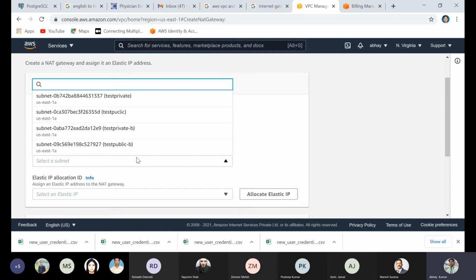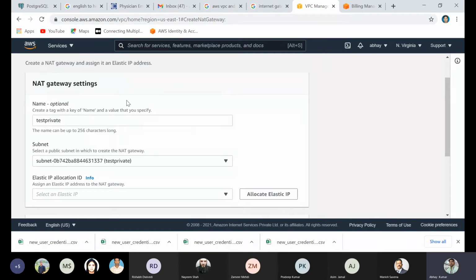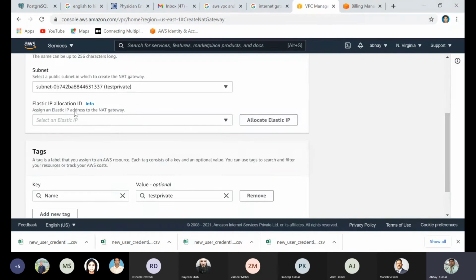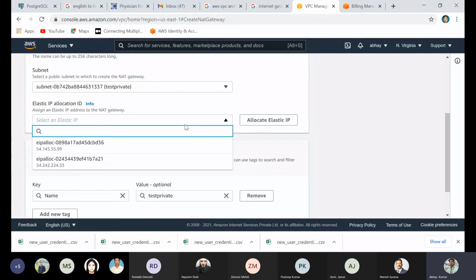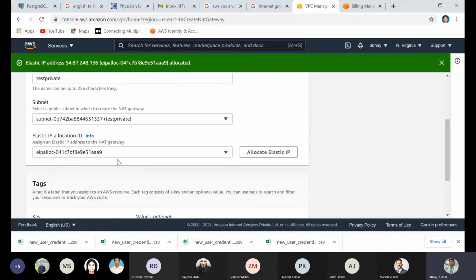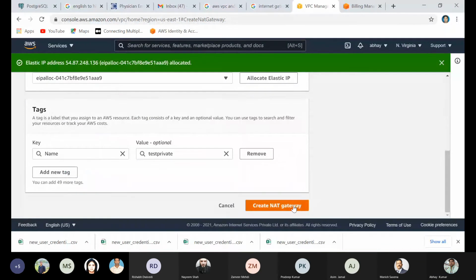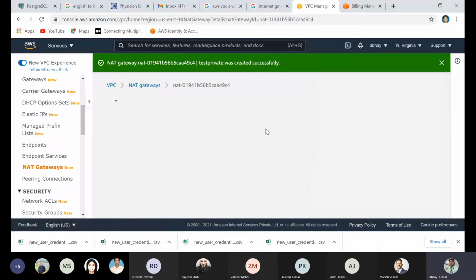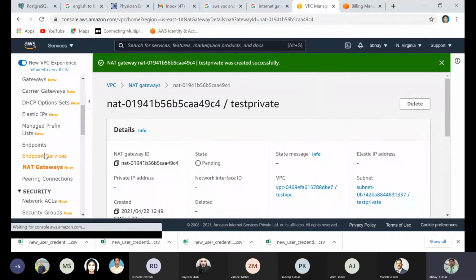You can select the subnet for that. So of course it's private, so we will select a private subnet. Yeah, so for elastic IP, you can select it from here, or you can click here and it is automatically reflected here. Create your NAT gateway. So our NAT gateway is created, internet gateway is created.